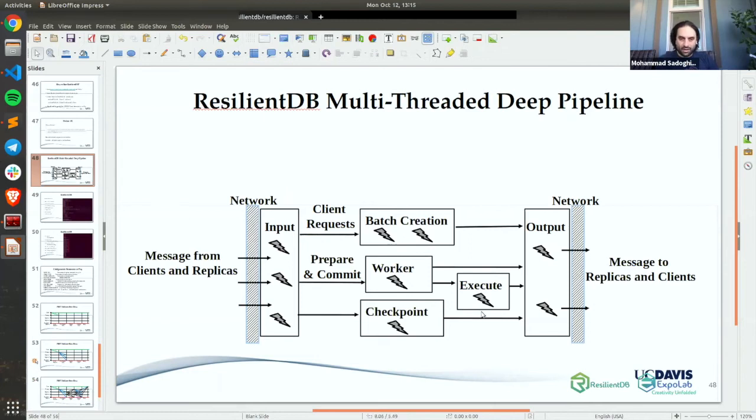We look at the throughput, the number of messages being processed, the idle time, and we look at every thread. When we do an analysis of why this consensus is doing better than the other, we come back to these runtimes. We figure out where the bottleneck is, in what part of the pipeline, whether we are bottlenecking the worker or execute. We identify those, and then we adjust the number of threads in order to get to almost the steady state, an almost optimal state